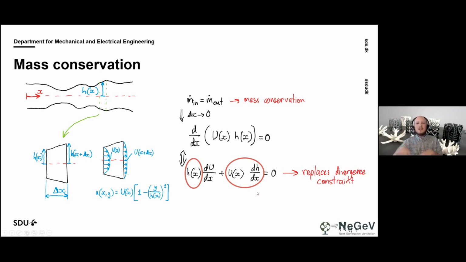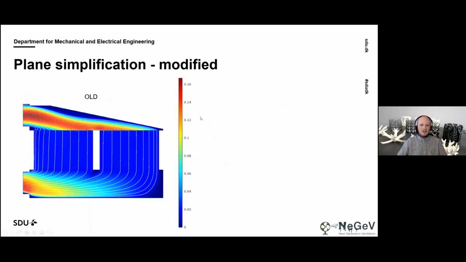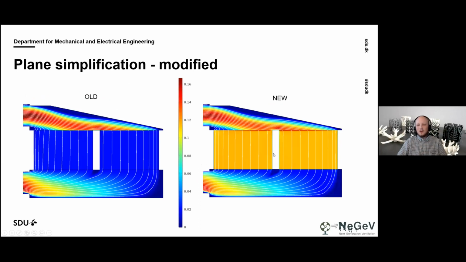And if we include these in our model, so we both have the fluid resistance term dependent on the height or the thickness, but we also have now the incompressibility condition also depends on the height and the variation of the height. So this was our old results using only the fluid resistance, and this is the new one where we account for mass conservation. Because we have a much lower total volume here inside the stacks, the velocities are much bigger than they were using just the resistances. And this is more accurate, closer to the full 3D